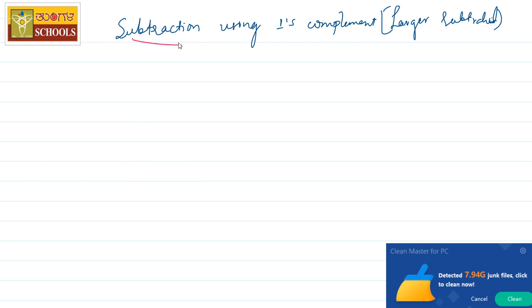As you can see, we have already gone through the steps for how to subtract a binary number using 1's complement.